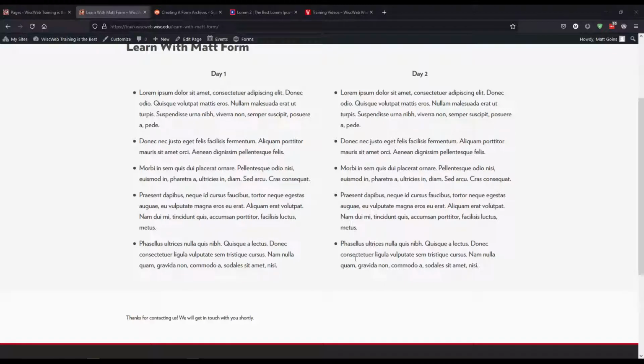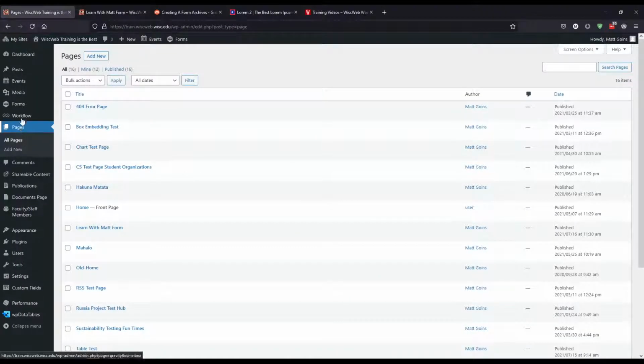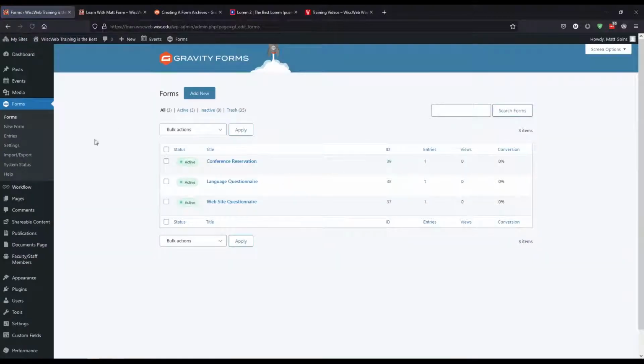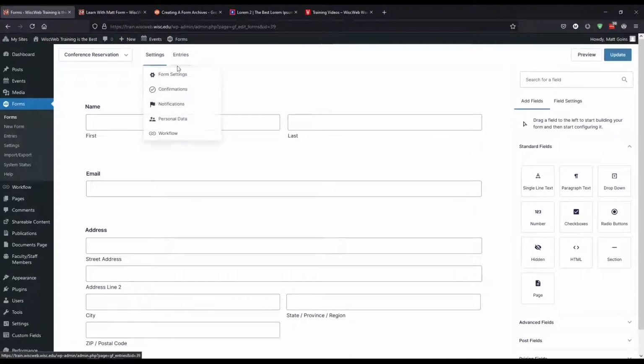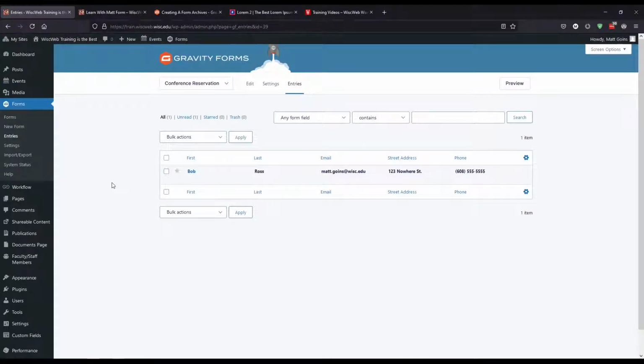Another thing that I wanted to show that came in through email: if I go back up to forms and I choose, let's just say, the conference reservation form, when you're looking at the form, you actually have an entries option up here. This entries option collects all of that information that is being submitted via the form that you have put on your page. So, to come back around to some conversations we've had in the past,